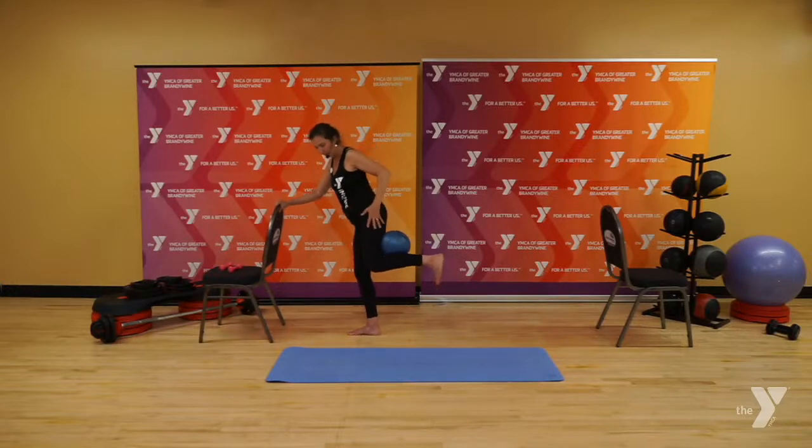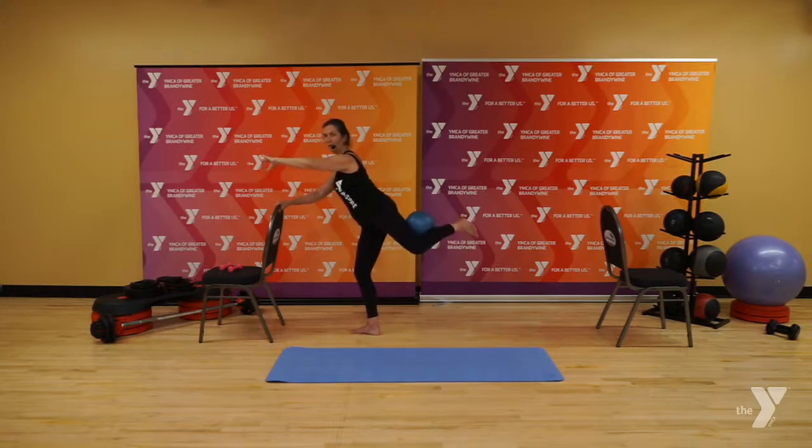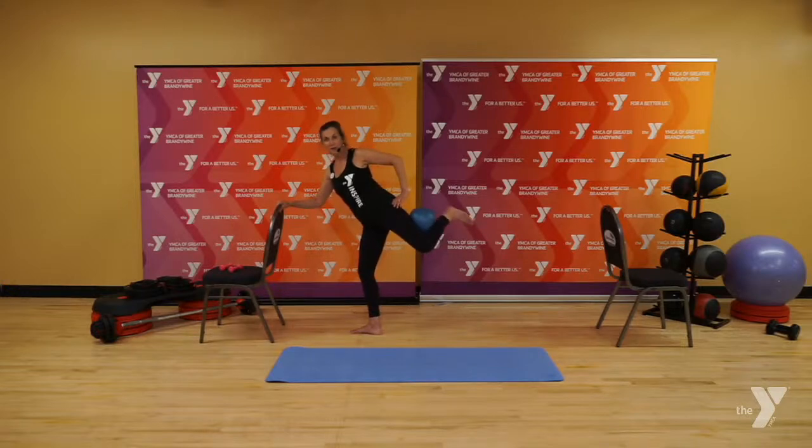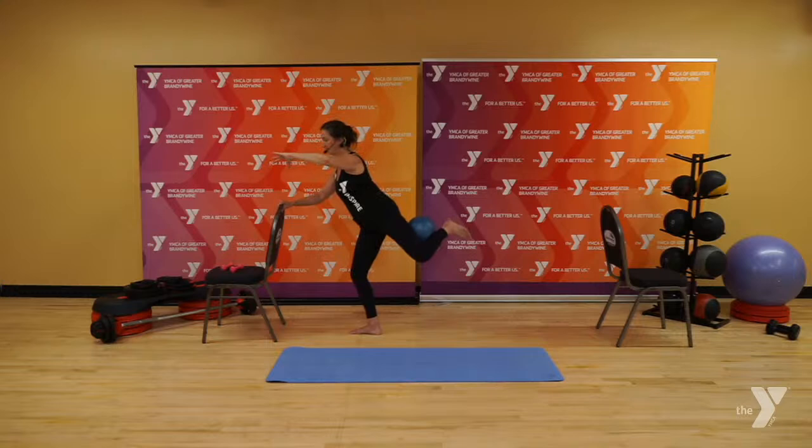I'm going to turn so that you can see that. So kick the heel in, kick the heel in. So it's a squeeze, hold, squeeze, hold, squeeze, hold, squeeze. So it gets deeper into the glutes. You're lifting that leg. You're contracting, kicking the heel to the buttocks. Keep going. Kick, kick, kick,